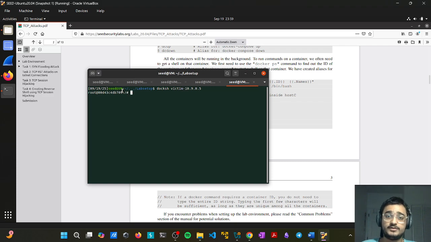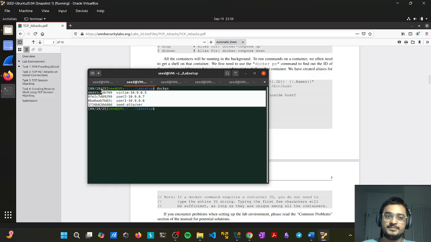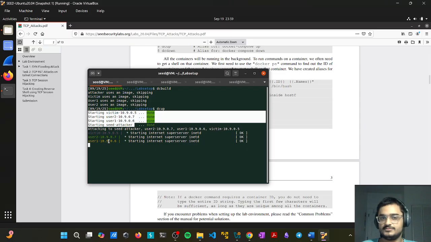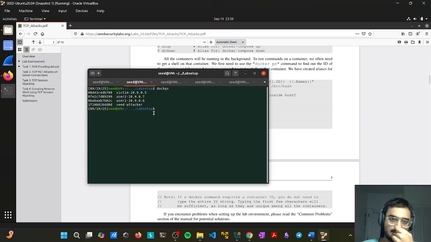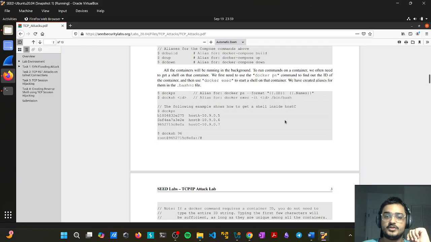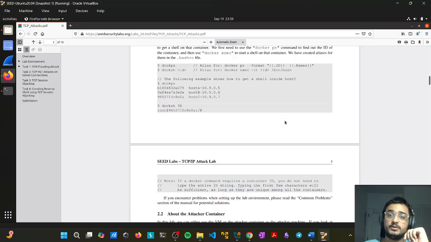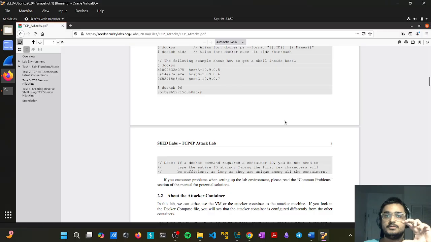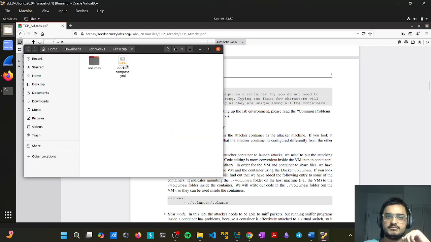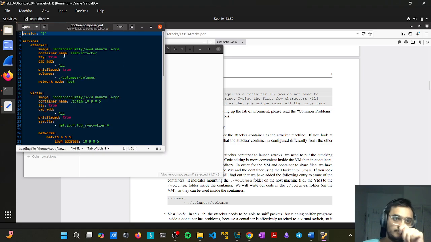So I take the role. Now, if you're thinking how I'm getting this, here's the clue. And you also have another clue, which is this. So basically, since this is the attacker part, we know that the volumes folder in the attacker Docker is shared, which is also written over here. So you can also just open the compose file and get to know